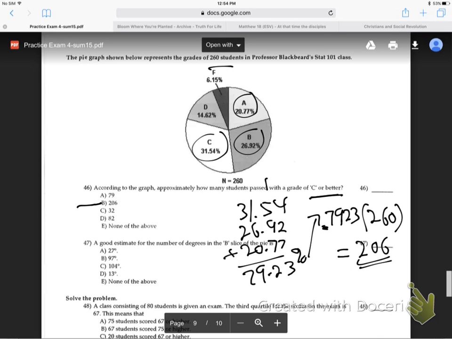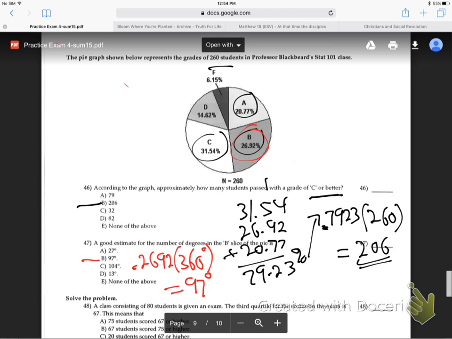Now, a good estimate for the number of degrees in the B slice. So how do we get the B slice? The B slice is 26.92. So take 0.2692 times 360 degrees, right? Because that's a full circle. And they're getting 0.2692. So if you multiply that together, that's B. So it comes out to 97. I'm just looking at the answer key. So I guess it comes out to 97